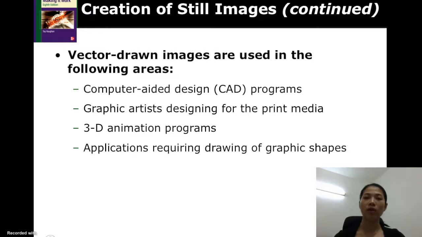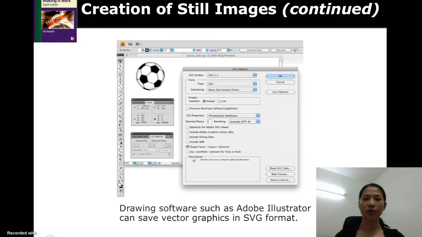Applications requiring drawing of graphic shapes. Sometimes with shapes, you just need to make them elongated, stretch them out, turn the rotation, and then you become another shape. If you use a bitmap file, it might be really high resolution but take up a lot of space in your computer. If you have used Adobe Illustrator before, there's an option for you to choose to save the file in an SVG format, which is actually vector